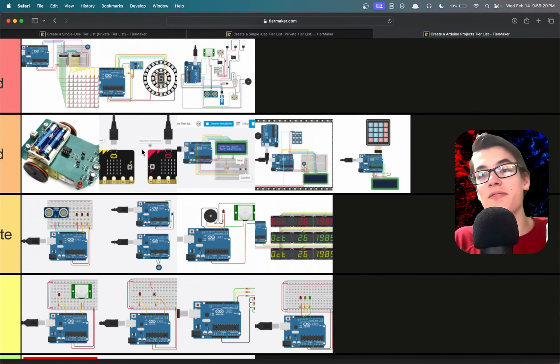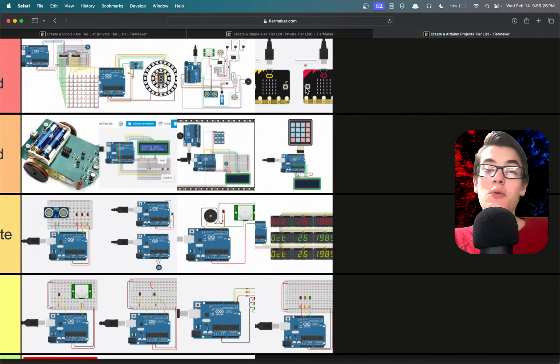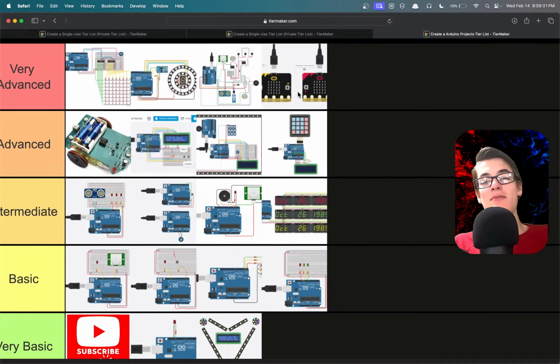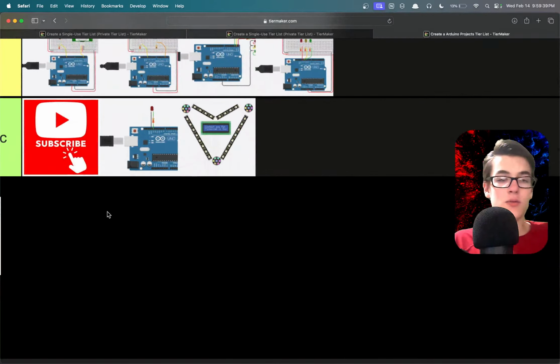But we have a backup card. We have a get out of jail free right here because this one, we have no idea what it is. So we can put it in any tier we want. So we're putting it in the very difficult tier because, I mean, look at that. Does that not look difficult? That looks super hard. So we're going to put that in the very advanced tier,